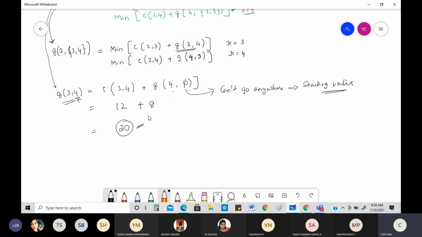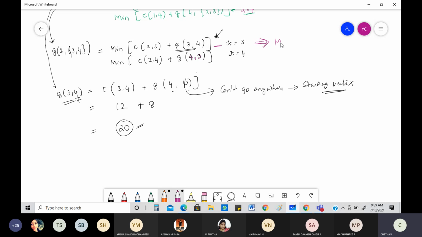Can I apply this 20 in this equation? If I apply that in this equation, what is going to happen? Okay, figure out this. See, you have to do it even for this also again. Okay, even for this also you need to show. So I'm going to take one example. I'm doing it. Okay, for this, if I put these values, what is going to happen? See, G of 2, comma, or else I'll put directly. I'm going to put the values for this and write it here itself.